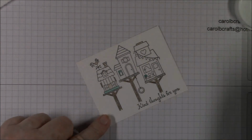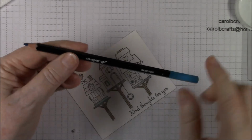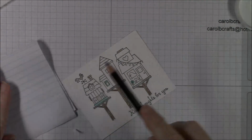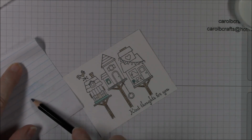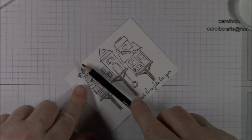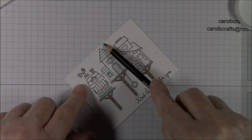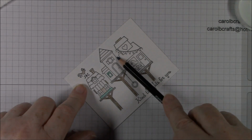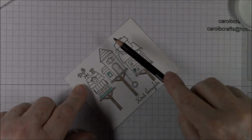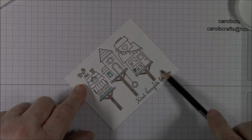Okay, I also should have told you, we should have done this from the first, but I forgot. Some Pacific Point. Get a scratch piece of paper and try to make it so that it has a nice fine point, and then you're going to take this and make just a nice fine movement here between these houses. Try to avoid getting in the house. I'm coming down through there, and here on the side, this is our sky,